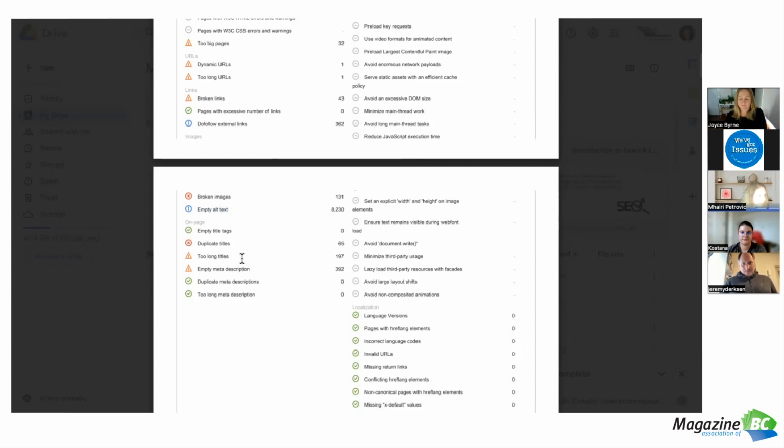And again, we can see that this site in particular has duplicate titles. It has some too long titles, and it has empty meta descriptions. So it's good to go through and make sure that you're using unique titles, that you're using your keywords in your meta titles, and that you are properly building up your meta descriptions.